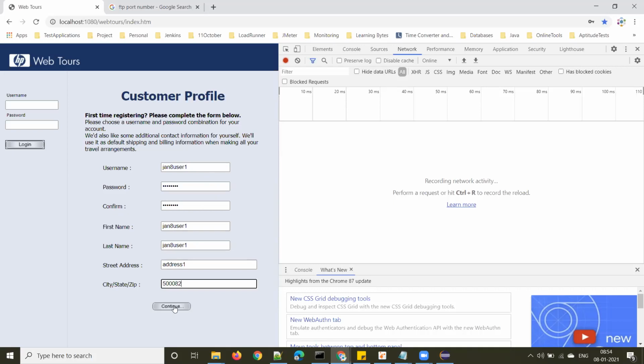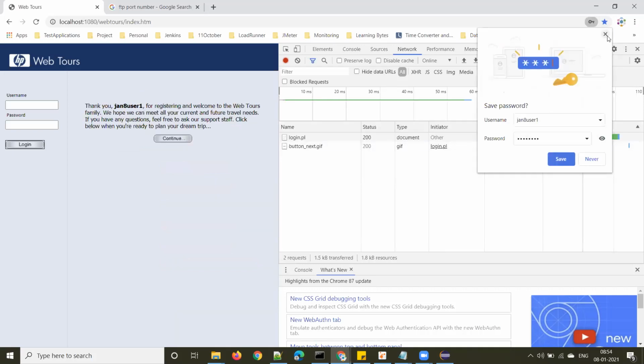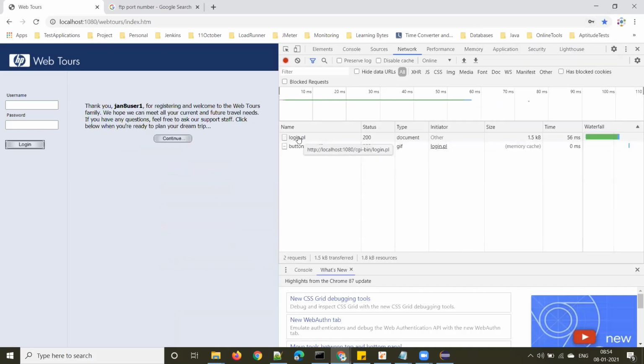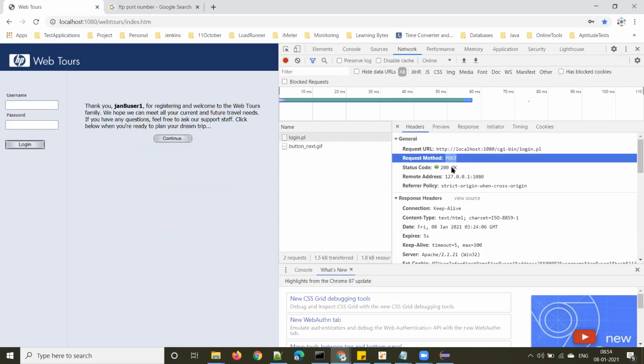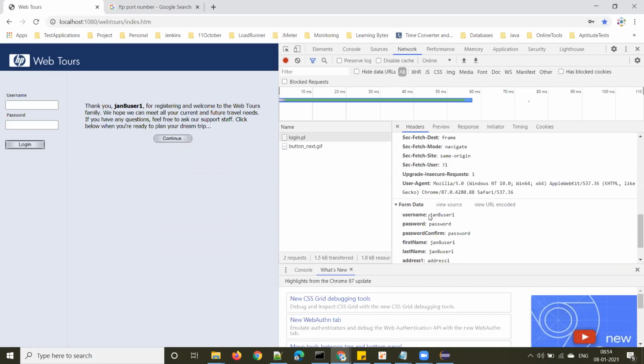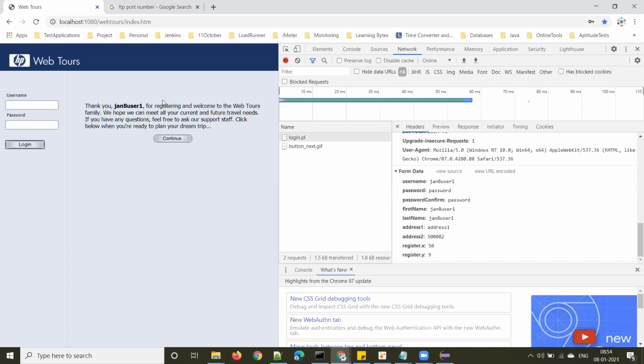Right, and I am submitting the form data. You can see here, it is a post request, and you can see all the data over here. See here, the form data. Whatever data we submit in a form is called form data. You have to remember this term. What is form data? FORM.